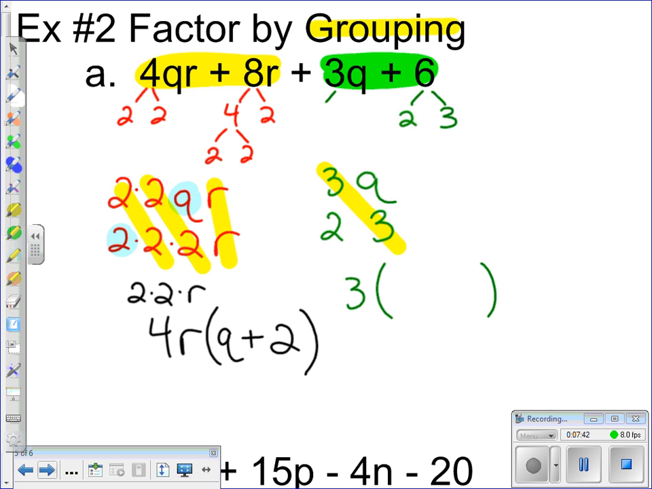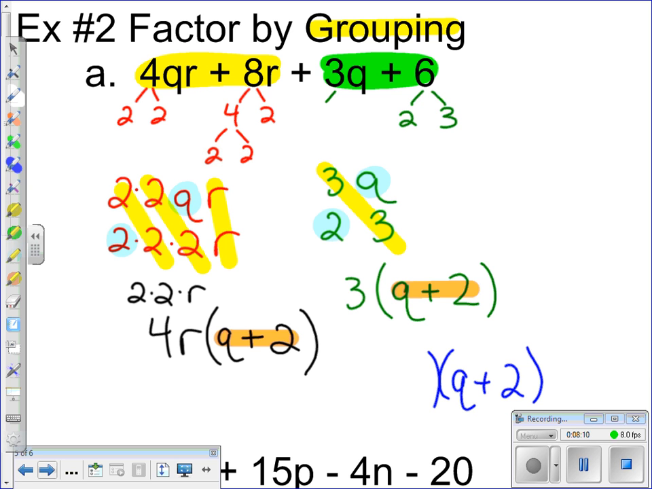And then what didn't go together goes on the inside of the parentheses. The Q plus 2. At this point, you should notice that the 2 parentheses are the same. Now, according to distributive property, since the 2 parentheses are the same, you only need to write that parenthesis down once,